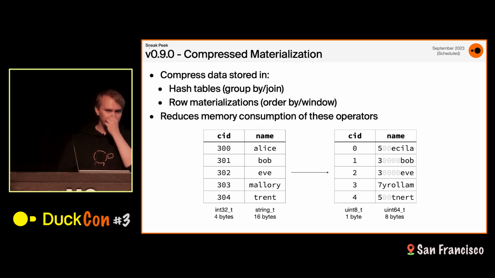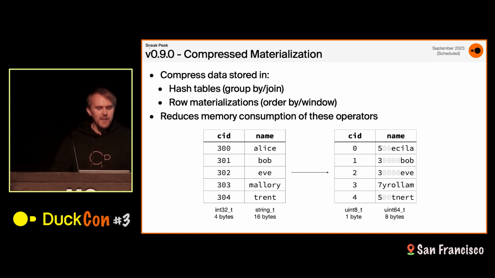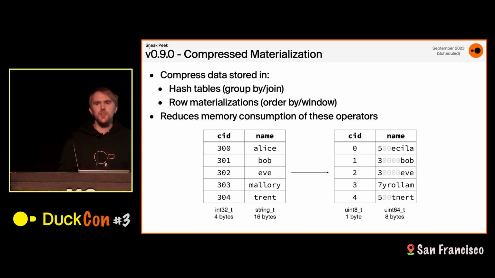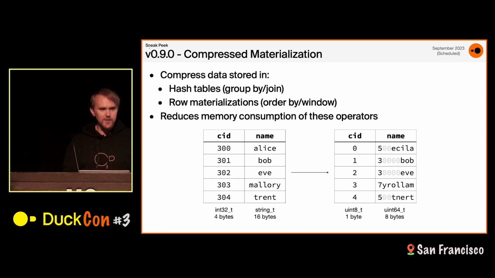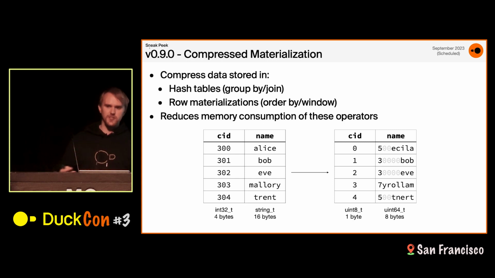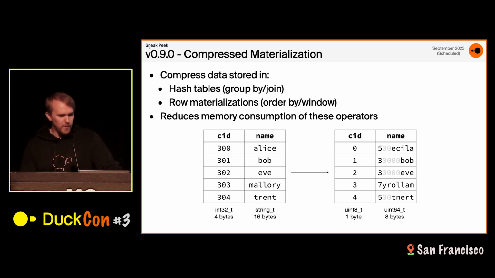Something in a similar vein that we're working on is compressed materialization. During processing, there are a lot of materialization steps that are required. For example, the aggregate hash table I spoke of before, the join hash table, but also things like the order by, where at some point you need to materialize the data and actually do the operation. If you want to sort the data, you don't know what row comes first before you've seen all the data, because there may always be a row that comes before the previous row you've seen.